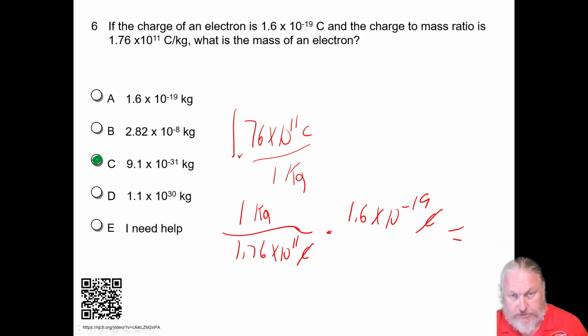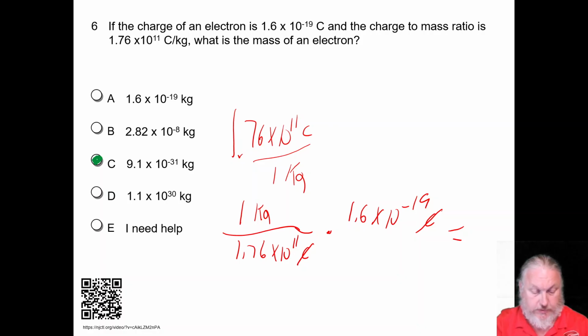And I'll show you the calculation I did. So I've got my trusty calculator out. If I have 1.6 times 10 to the minus 19th, and then I'm going to divide by 1.76 times 10 to the 11th, I get